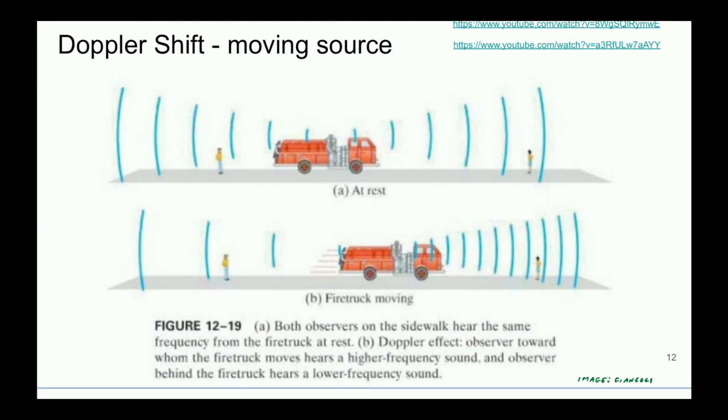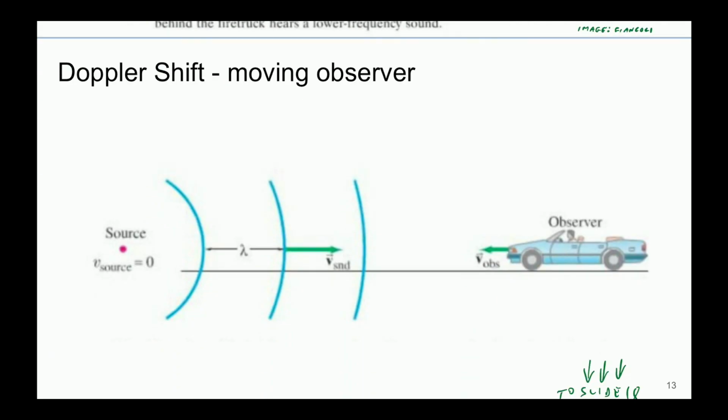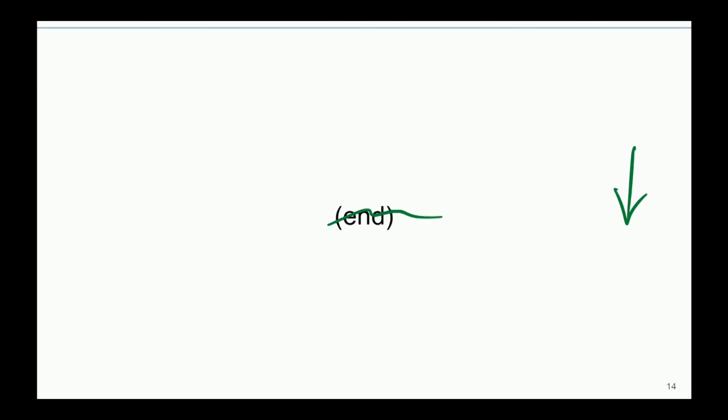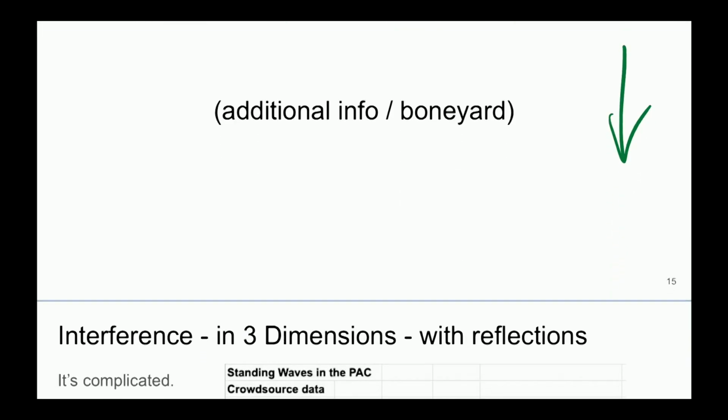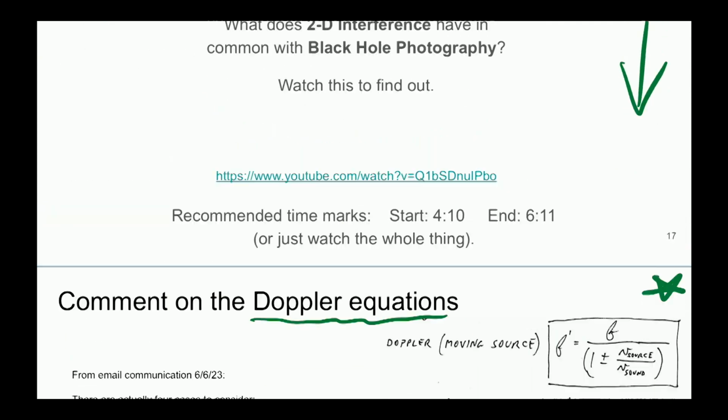I'm going to mention the next topic now, which is Doppler shift. This is the well-known phenomenon where something's approaching you, you get one frequency, and if it's driving away from you, you get a different frequency. You've probably heard this. The classic example is a siren, you're in a car and some vehicle comes by making a sound like a siren. Rather than demonstrate that here, I'll point you to some links that have it,